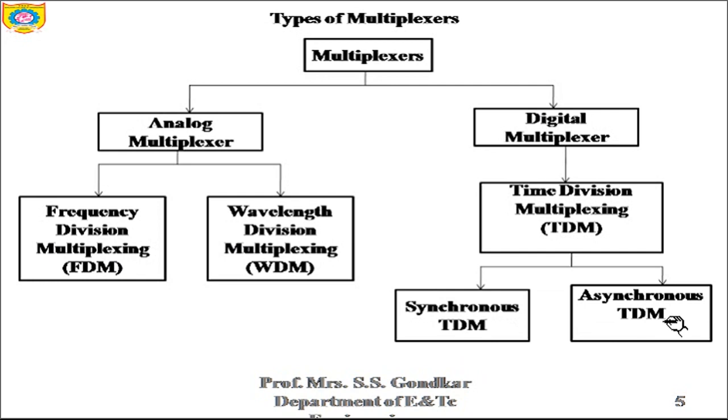Asynchronous TDM means the sampling rate is different for each signal, and a common clock input is not required, whereas in the synchronous case we required a common clock input. If the device allocated a time slot transmits nothing and sits idle, then that slot is allotted to another device. It means that in asynchronous transmission, if there is no information for the transmitter and it is sitting idle, not doing any work, it can give its time to another device which has some data for transmission.